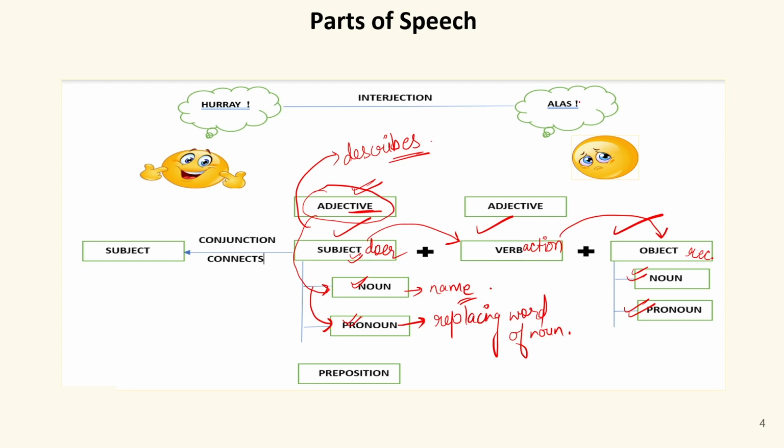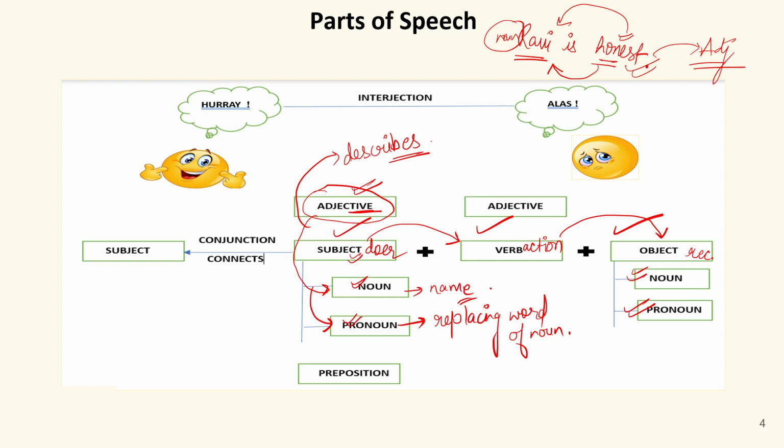pronoun. For example, if I say Ravi is honest. So here in this sentence, I'm talking about Ravi, that he is honest. Now this honest is used for Ravi, and it is stating the quality of Ravi, and Ravi is a noun. Therefore, this word honest is an adjective because it is qualifying the noun, it is stating the quality of a noun.